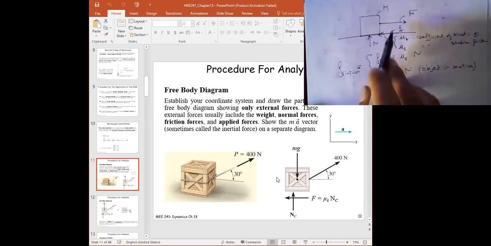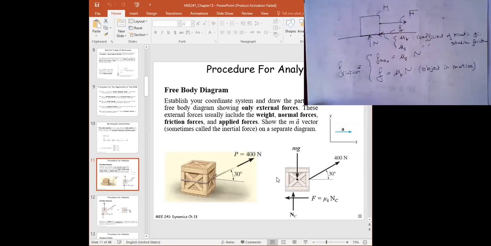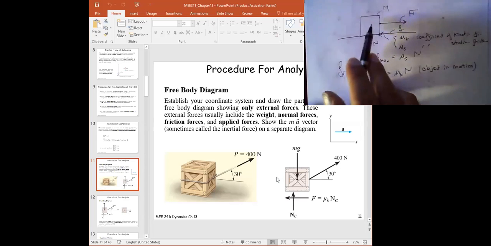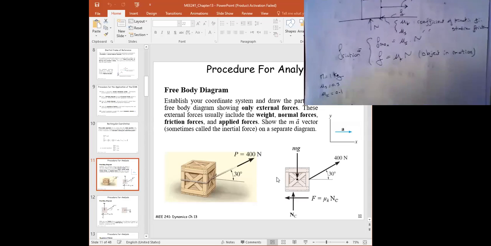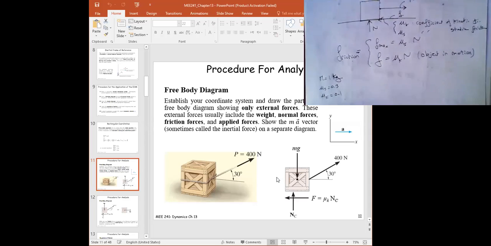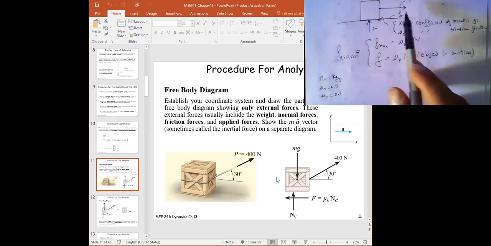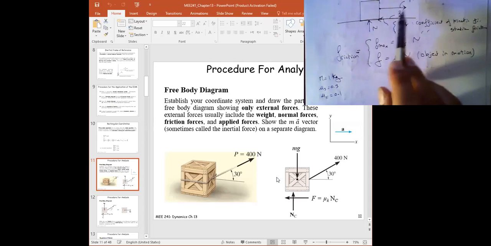Let us look into this example, and maybe we can put some numbers on it. Let's say m is equal to 1 kilogram, mu s is equal to 0.3, and mu k is equal to 0.1. All right. So let's draw a free body diagram, and then find the acceleration of